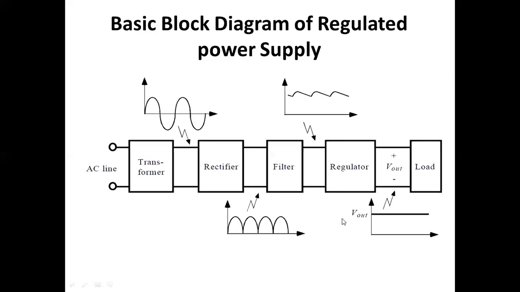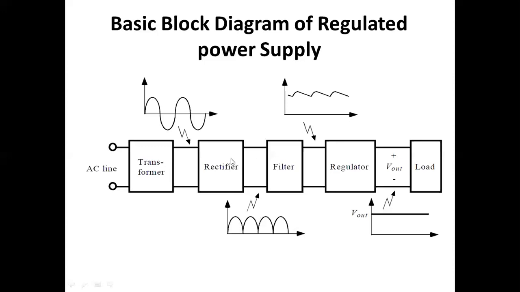A rectifier employing diodes, with the diode as a switch, is nothing but an uncontrolled rectifier. There is no control over this rectifier, and the output voltage has a constant magnitude. Whatever the AC supply is, the output waveform is half wave or full wave. There is no control on that particular switch or device.